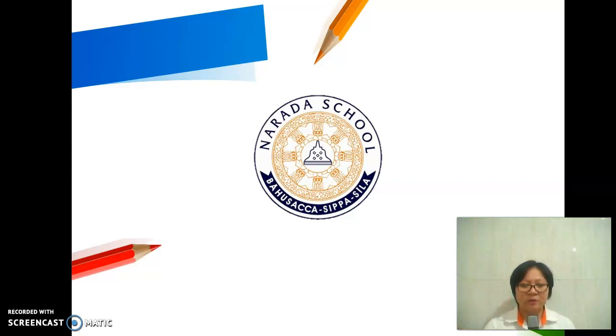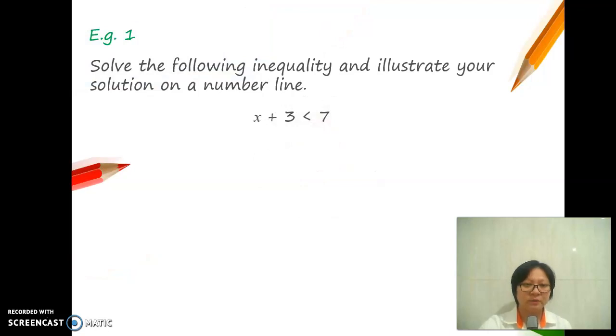In this video, I'm going to explain how to solve linear inequality problems. For example, solve the following inequality and illustrate your solution on a number line. As you can see, the first thing we need to do is isolate the linear term, the x, the unknown,